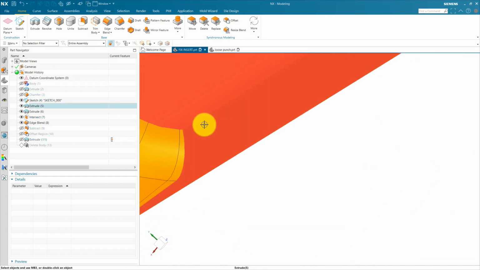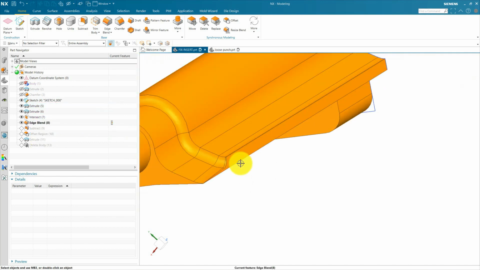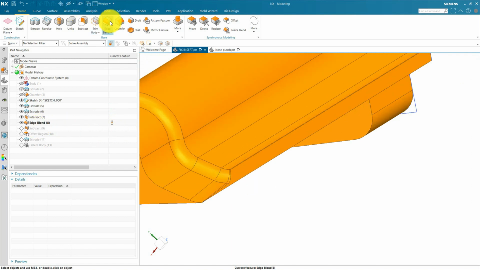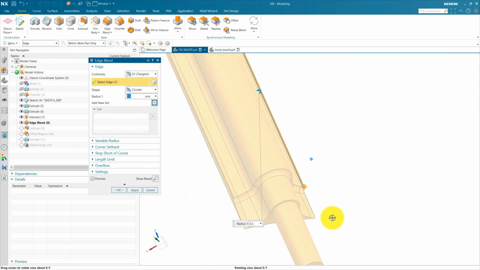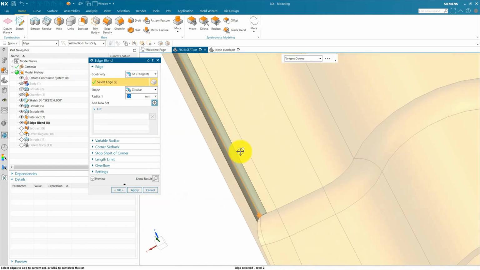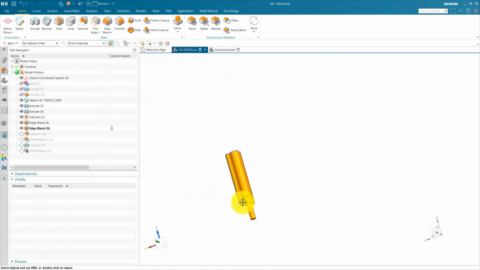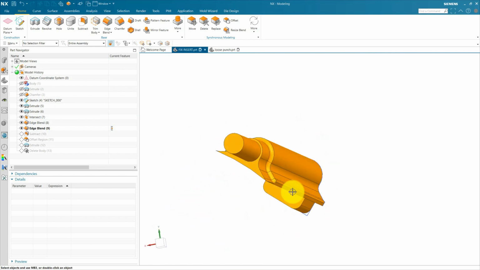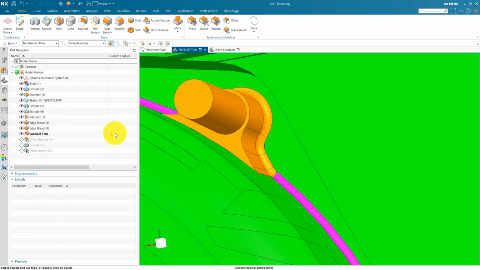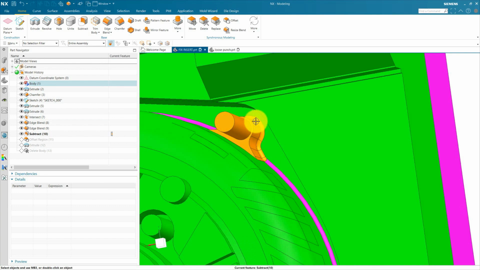Then we are going to add this radius before subtract, because we also want this to subtract in the insert and be updated in the insert. And we are going to add some radius here. For example, we are going to add radius 0.5, and here also we are going to add a radius of 0.5 and press OK. Now I am working in our fix insert loose punch body, not in the separate loose punch part. So our radius is updated. Now we are going to use subtract, so that the radius is also updated in our fix insert cutout.